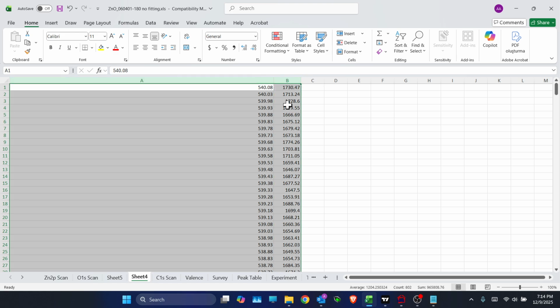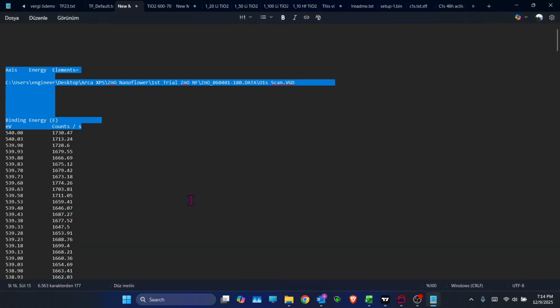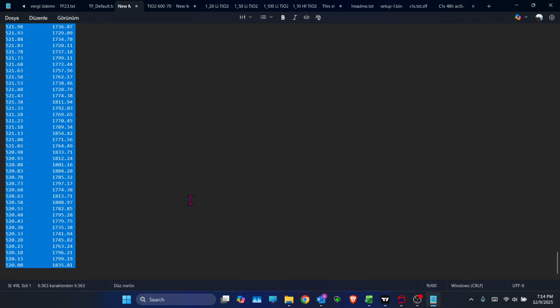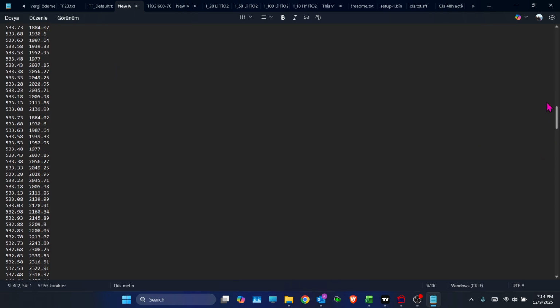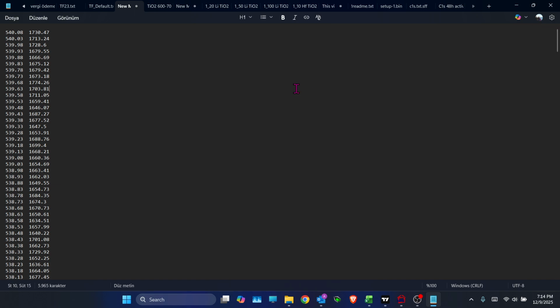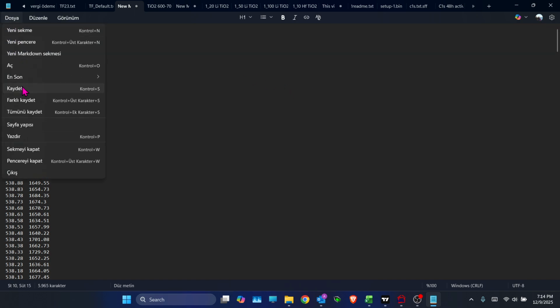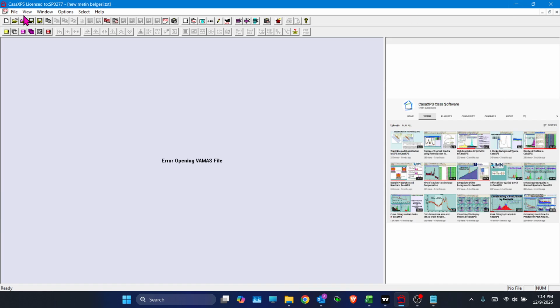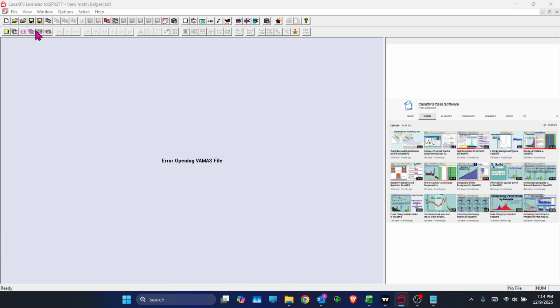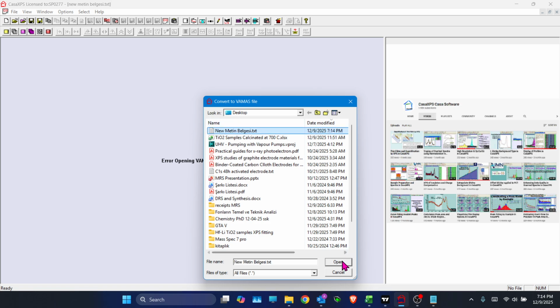And I will copy it again. I will open my text document. And I will paste here. So this is the data. I will save it. I saved it and I will try to convert it and open it,